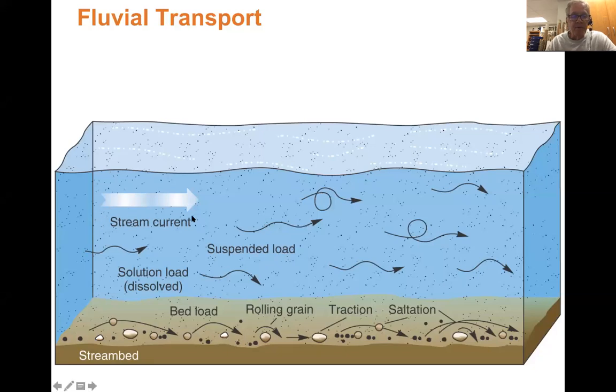here's the stream current. This is the suspended load; those very fine particles that are just held aloft by the flow of the water. Here's the bed load down here. So you have the saltation where the particles kind of bounce up and down, and then you have traction where the particles slide along. Now, all the time that they're doing this, they're eroding the stream bed and creating more material that is transported